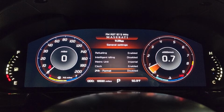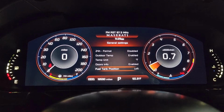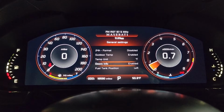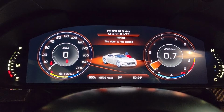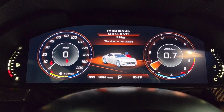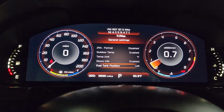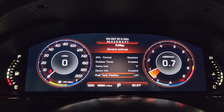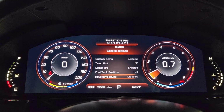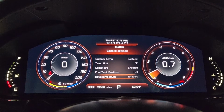24-hour format, obviously I have that off. Outdoor temp, I have that on. Temp unit, Fahrenheit. The door info. The door info is so when you open your door, it's going to show which door's open, which is really cool. The hood or the trunk, and which one. So that's really cool. Works very well. The fuel tank position is on the left here on this car. Reversing sound, I do want it on,